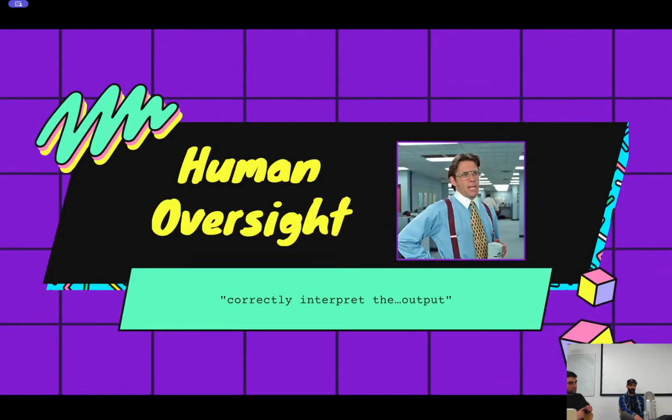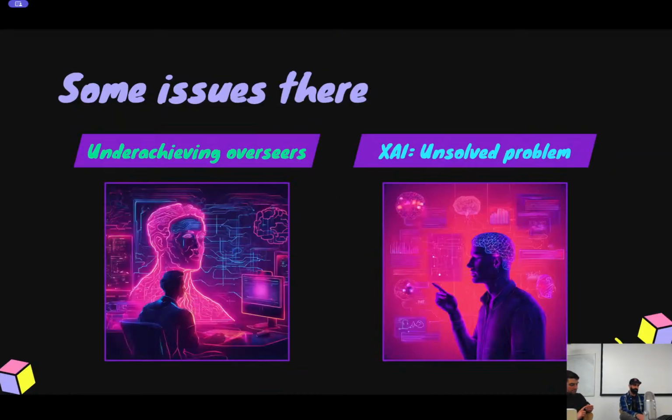Another thorny area in my mind is human oversight. And a specific sub-requirement here is that human overseers have to be able to correctly interpret the outputs of the AI systems. So some issues that I immediately see here, as you may have heard, humans are actually pretty bad overseers of AI, due in part to various cognitive biases that we have both for and against automated decision-making. So we probably need, as researchers, to think through ways that we can support human overseers in the task of overseeing AI. I think there's a ton of work to be done there.